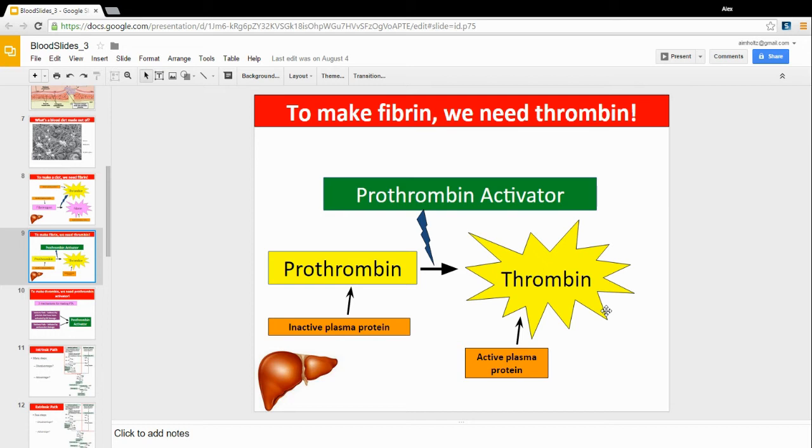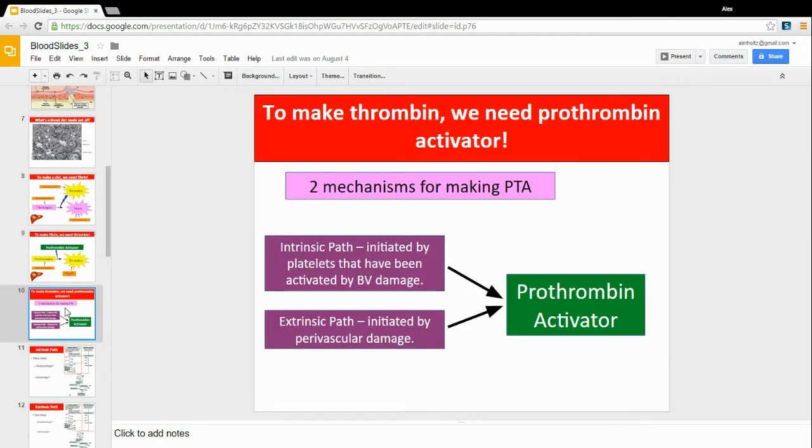And I know you know where we're going here. Well, where does that come from? And that comes from two different pathways, all right? There's two mechanisms for making prothrombin activator, PTA. Two mechanisms, two pathways. There's one called the intrinsic path, which is initiated by platelets, which are inside the blood